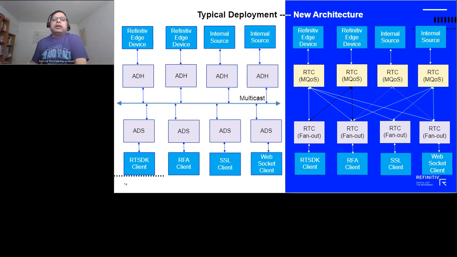And now, with the lack of multicast support, we need to use a new architecture. And how we do that is by leveraging the capabilities of the RTC. In a nutshell, that's what it is. That is a software RTC. It has all the capabilities of the RTDS except for the source mirroring. So we can stack up the RTCs and then